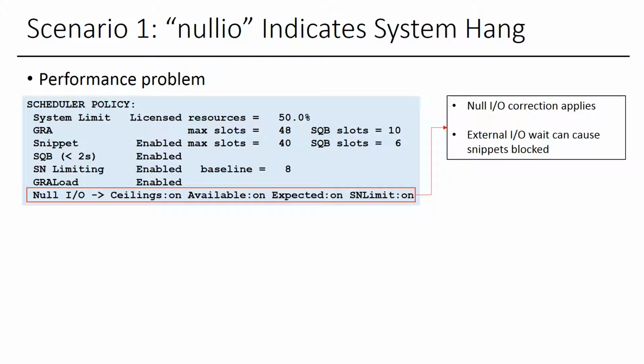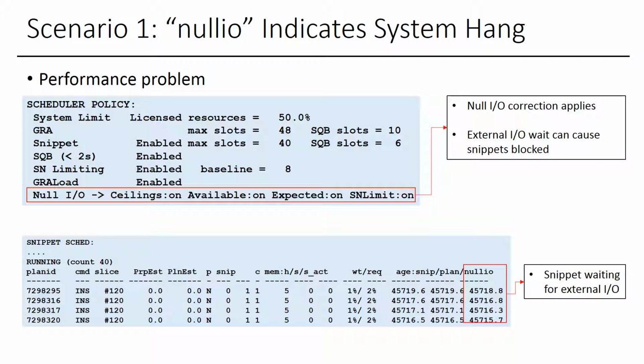You can find the reference of null I/O in the Scheduler Policy and Snippet Scheduler sections. By default, null I/O correction is applied to different categories like ceiling, snippet limit, etc. Typically, null I/O indicates that a snippet reading or writing to an external table might be blocked by external factors such as external I/O wait. Under the Snippet Scheduler Group Statistics section, the null I/O shows the number of seconds that the current snippet is